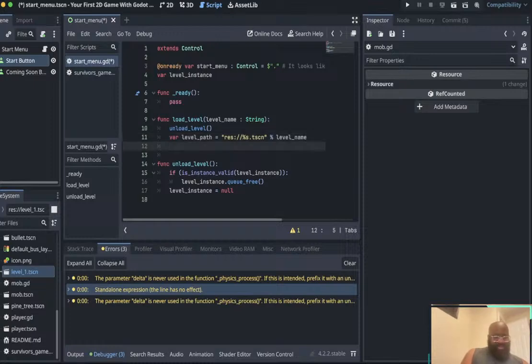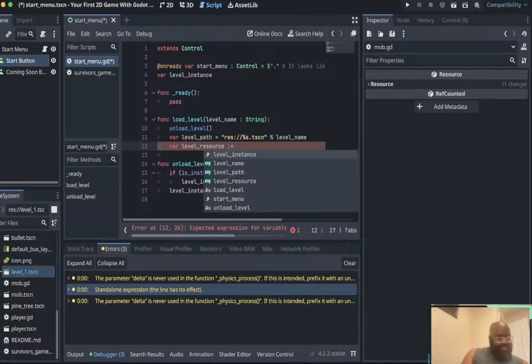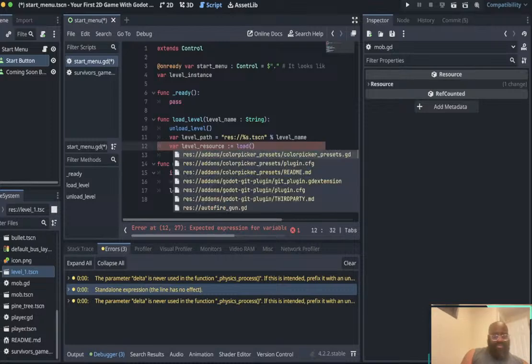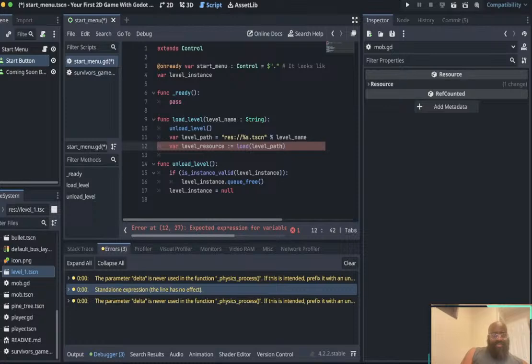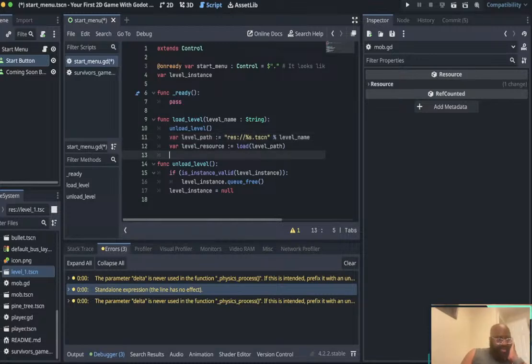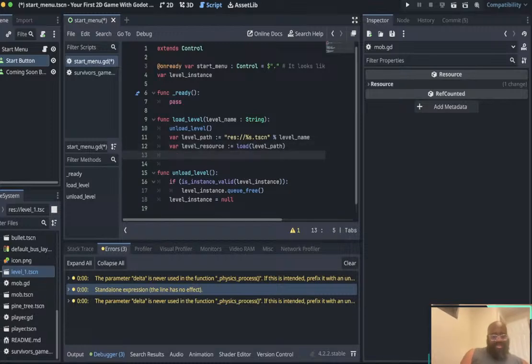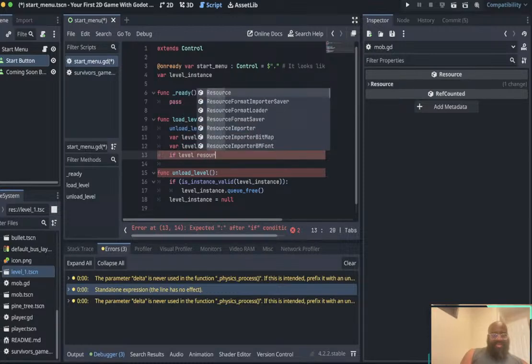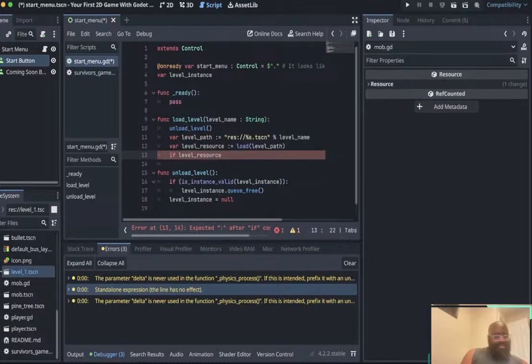And then he does level resource. This apparently should be that. And I think that's because it'll assign that type, whatever type this is, to that. And then we got a conditional if. I don't think I need that. So if level resource, or level underscore resource, then